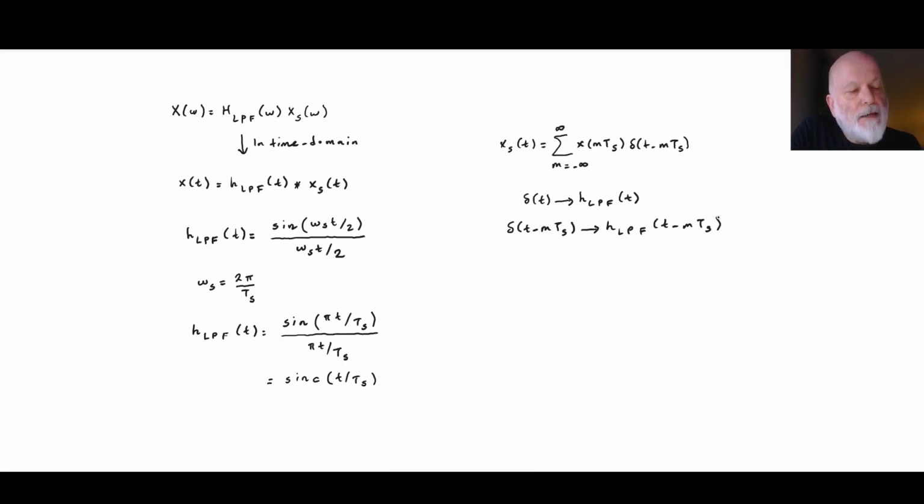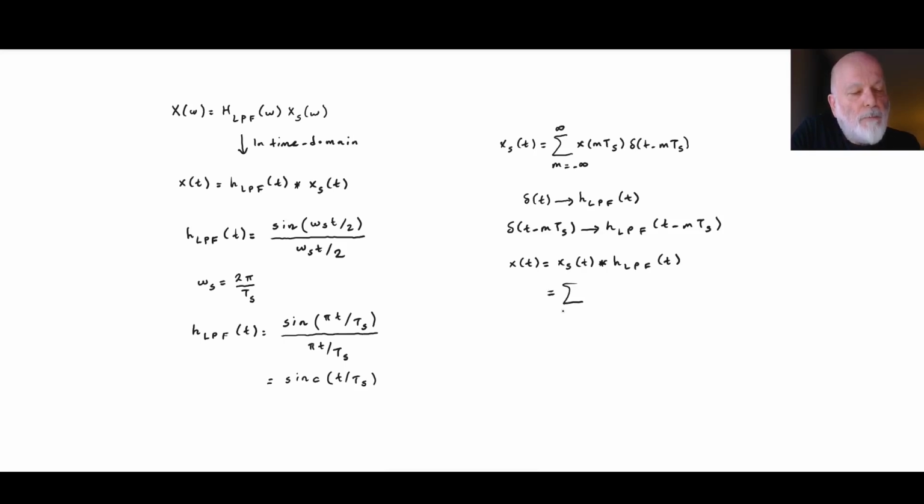Okay, therefore x of t, which is the convolution of xs of t with the impulse response h LPF of t, will be in the following form: